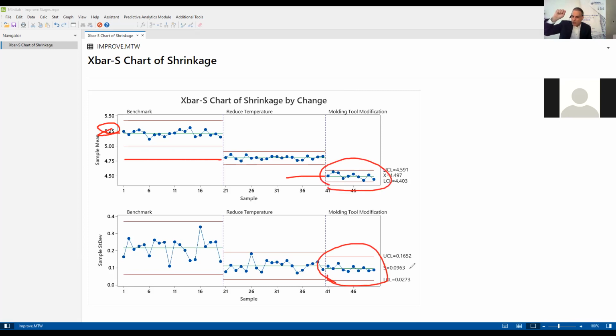So the variation between or around the center line, it's more hugging the center line, which basically now tells me my process is even more stable, less variation, and I have reduced my shrinkage by introducing the changes. So statistically, I have shown that I have succeeded in my efforts to improve this process, and this immediately presents to me a very nice chart I can present to my management,